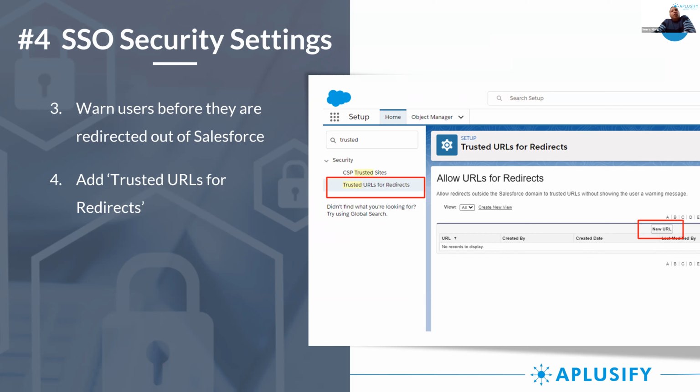So you should add all those URLs as trusted URLs in your system. If you click this option on the left-hand side, trusted URLs for redirects, you can enter the list. Maybe you say, I want to go to www.association.org, whatever your association name is. It can be redirected there because I trust that website. So you can post all your trusted websites.